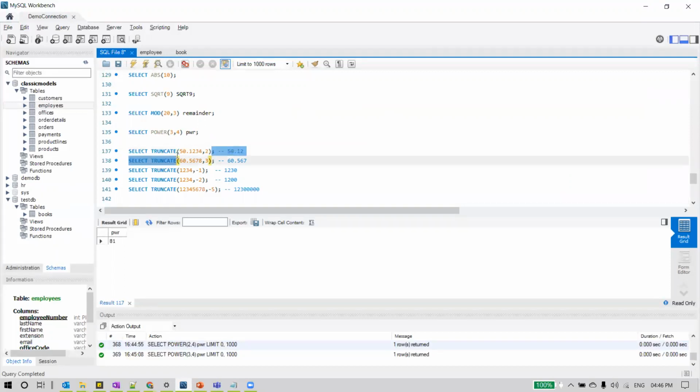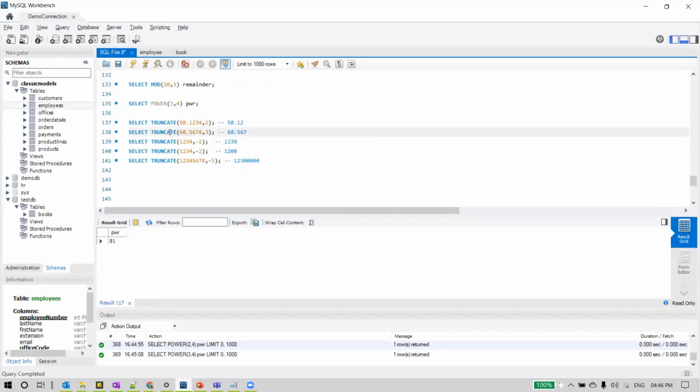Always, any function we have seen till now is specified with braces, a left brace and a right brace. You can see it here, two braces, and inside it we pass some data. That is what we call a function. And you can see it here, truncate is a function here. What does it do?